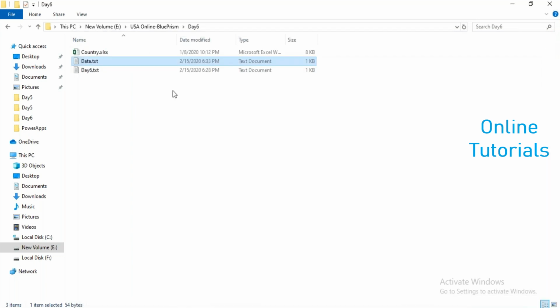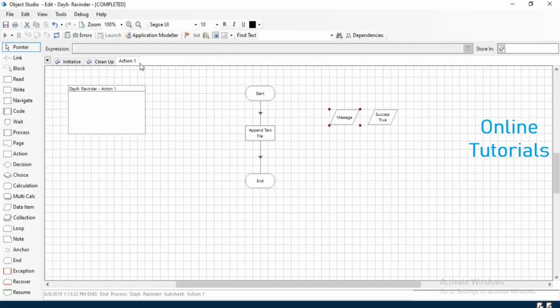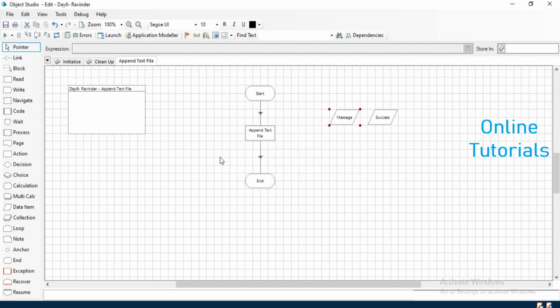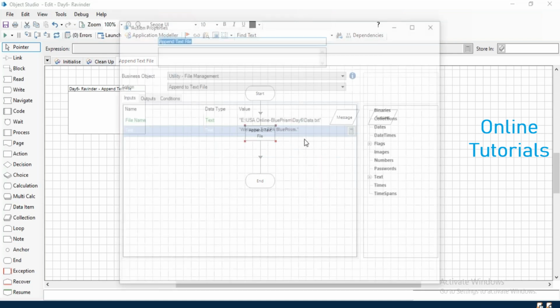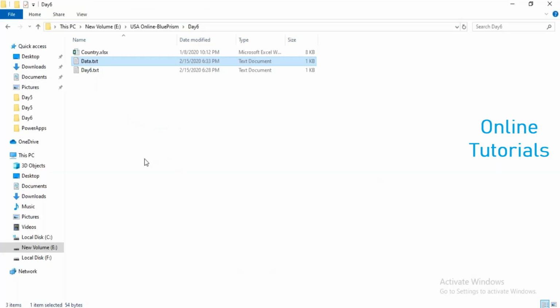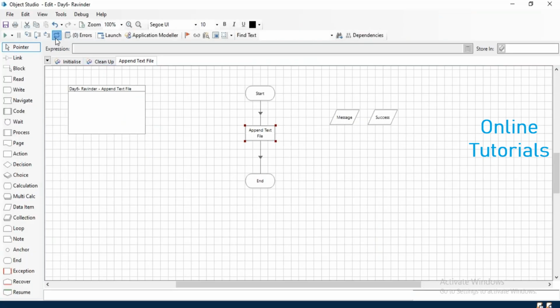Okay, so this is nothing but known as the append text file. So rename this one, I say append text file. Now what will happen if the file path which we have given over here does not exist in this directory? For example, if I have deleted this data.txt file, now if I execute, then